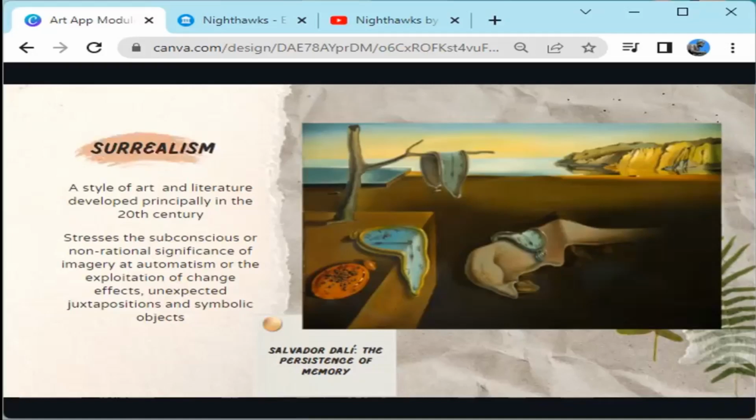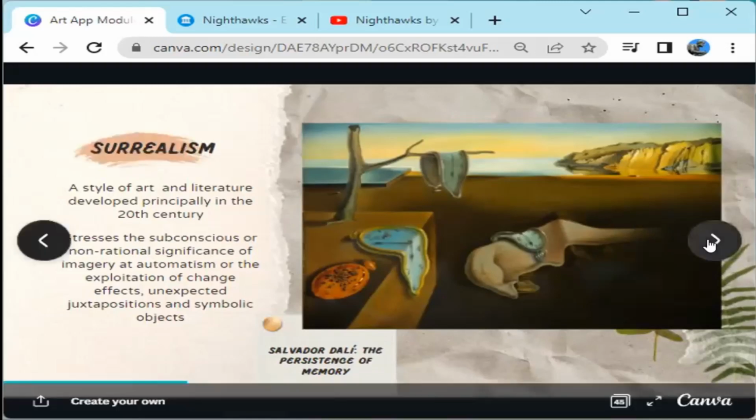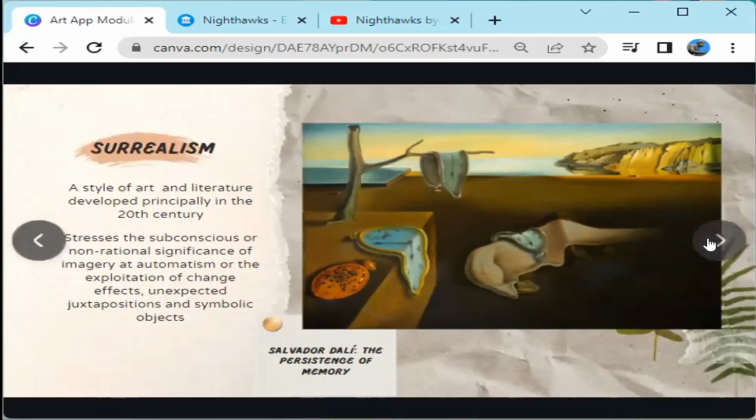So you get to see here objects that are technically nagiging non-rational talaga yung depiction ng objects kasi yun yung focus ng artist. Like for example, yung melting clock. Hindi naman talaga nag-melt yung clock, pero ganun yung nire-represent, yung time. And the rest of the figures here that you get to identify, ginagawa ng artist, in-exploit niya yung subject.